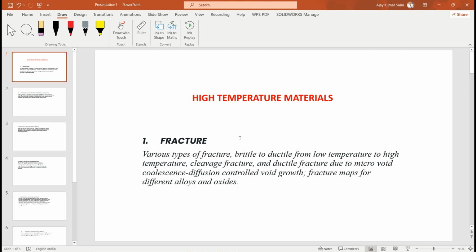So I start that whole course which is high temperature materials. Okay. So actually in this I told you all the things which is related to the high temperature materials, that why we use high temperature materials and where we use these types of the materials. Okay. So it is very simple. Like we also know about the factors. Okay. So see here, in this video I told you about the topics which will be covered in upcoming videos. Okay, so see here,